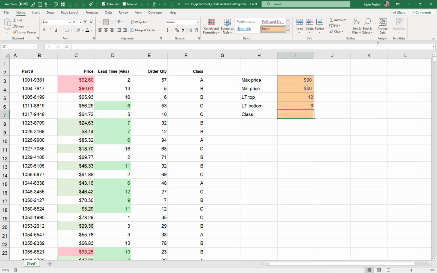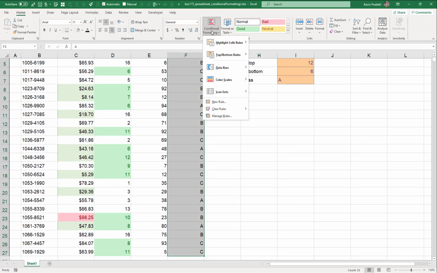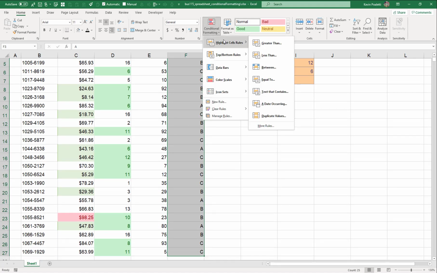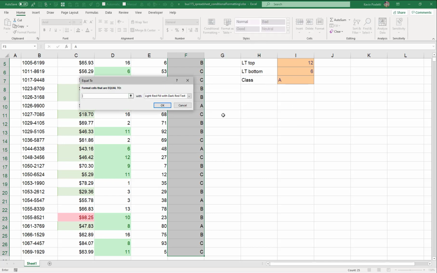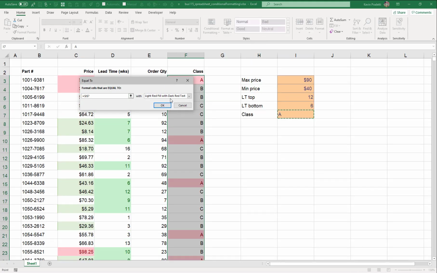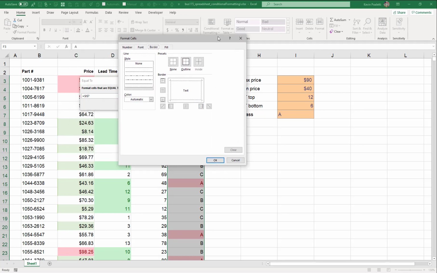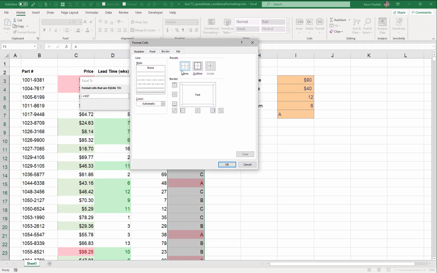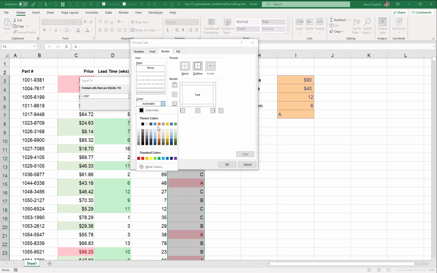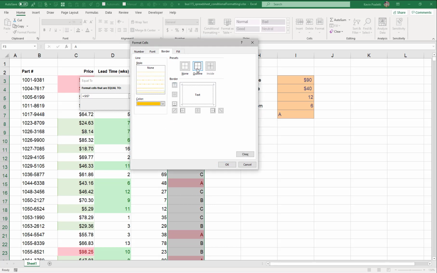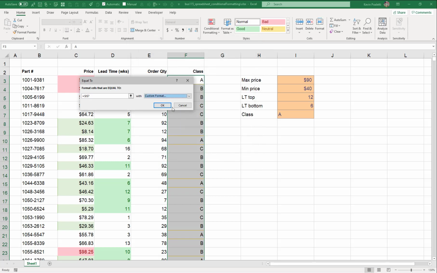So we'll format this appropriately. Let's start off with class A, and if we select this, choose conditional formatting, highlight cells rules where it's equal to this cell, and in this case we'll do a custom format. This time we don't want to do anything with the fill color or fonts, but we'd like to do a border that is, let's say, this gold color. We'll click OK,